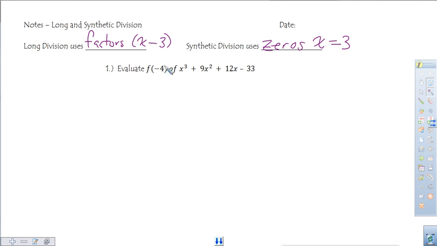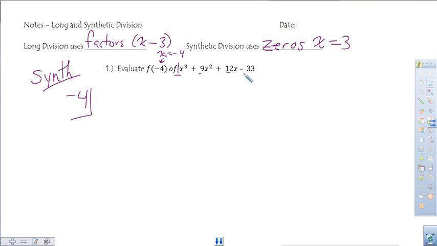So if you have something like this, evaluate the function of f of negative 4. This guy right here is what we are checking. We're checking if x equals negative 4 is a 0. So synthetic division is awesome. It's set up since we already have a 0 to use synthetic. You're probably going to like synthetic more than long division. Most people do. So we're going to put negative 4 right into the little box, and then we take all